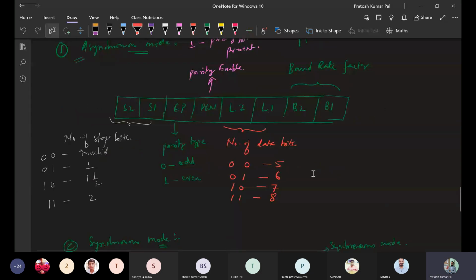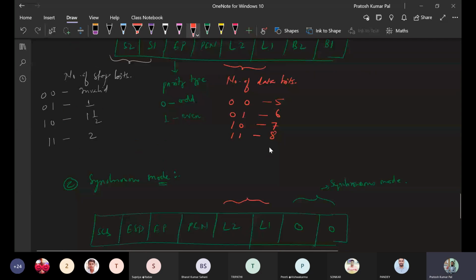So this is the same, the number of data bits. Okay. The next one is parity enable. It is the same parity enable, which says whether the parity is enabled or not.